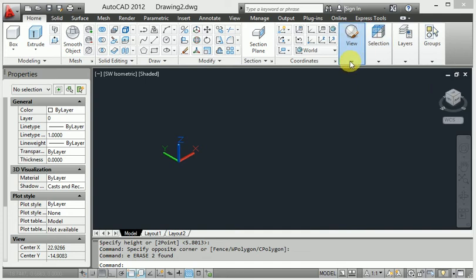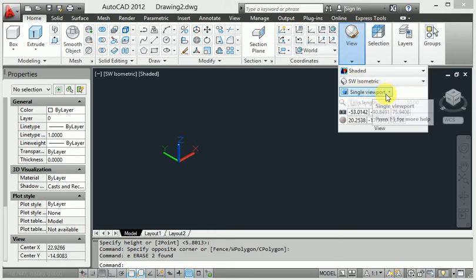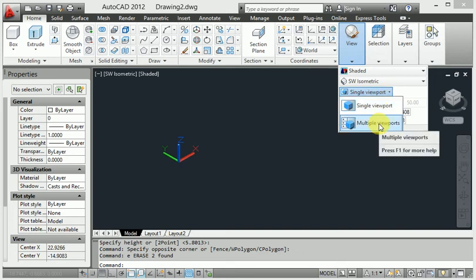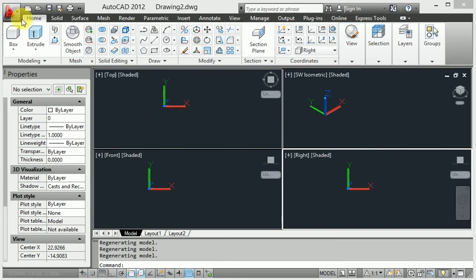Let's enter this view right now, and enter this here, then select multiple viewport. Here is multiple viewport. When I start, apply the extrude command.